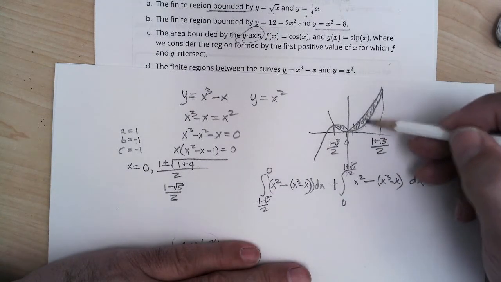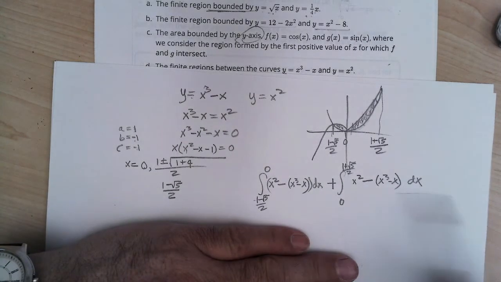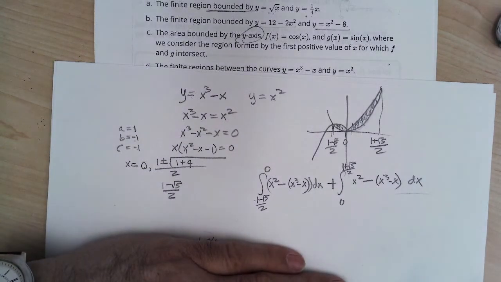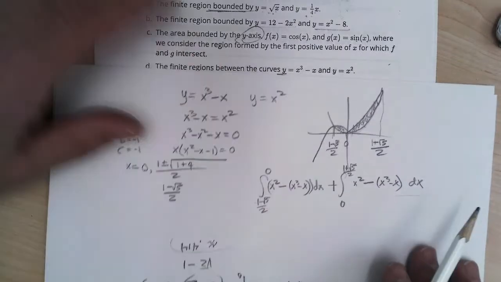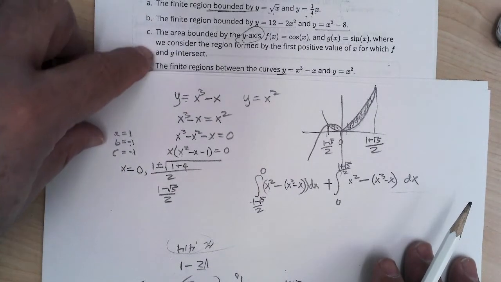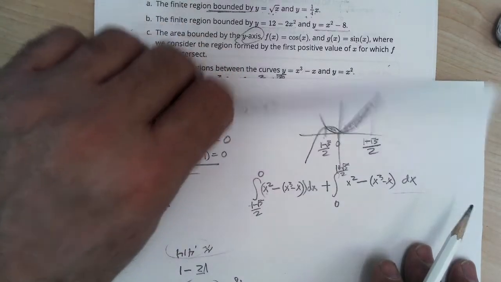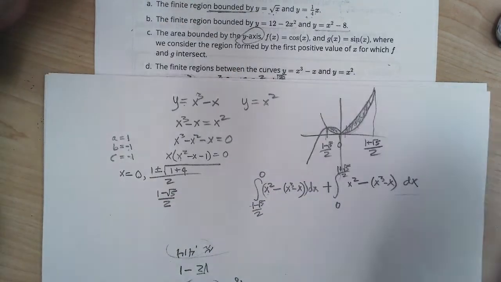Slicing little slices of dx. And you can run that through the calculator, or you can actually do the antiderivative of this and evaluate it with those limits, and you'll get the answer to D. I'm more concerned, can you set it up right now? Okay. So now, we're going to go to the next problem,